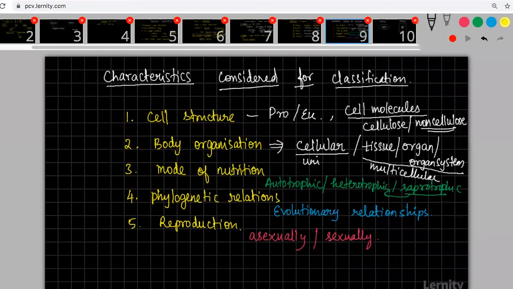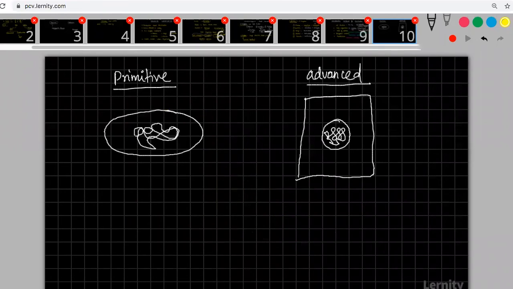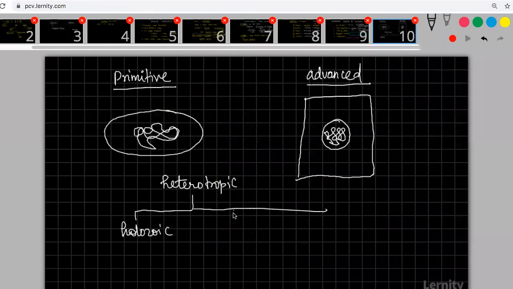Scavengers will eat things fully. So they will not come under saprotrophic exactly. They will be heterotrophs only. So scavenger birds like vultures will not come under saprotrophs. What is the basic difference between a saprotroph and a normal heterotroph? You have to know the difference between three things. There are three types of heterotrophic nutrition. One is what we call holozoic nutrition. The second one is parasitic. And the third one is saprotrophic.